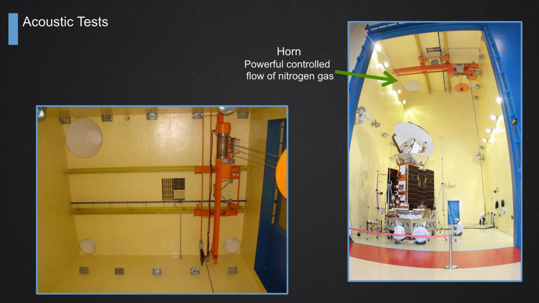And on the top of the chamber you can see the horns. Also on the left side you can see the horns. The 4 horns: the big one for low frequency, the average-size one for mid frequency, and the smaller one for higher frequency, on the top of the chamber, right? We can produce the level of noise using these horns through the use of a flow of nitrogen. We flow from the top and have an exhaust on the bottom, so the nitrogen just flows inside and produces vibration.